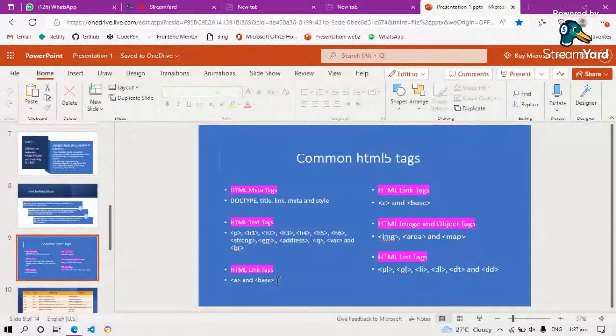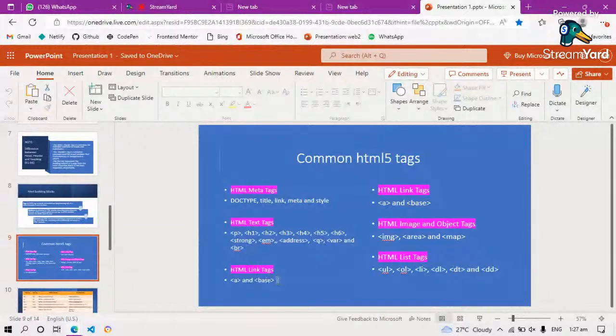We have OL for ordered lists, and LI is list item. This DL, this DT, and we have DD. Sorry, we have a lot of these. If you go to the W3Schools site, you see a whole lot of them. If I start putting them all here, I don't think I will be able to explain everything because it's quite much. I think I brought some up here.